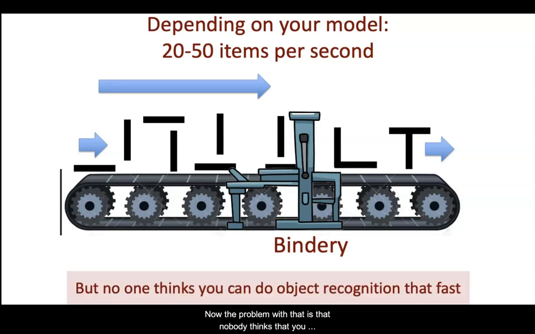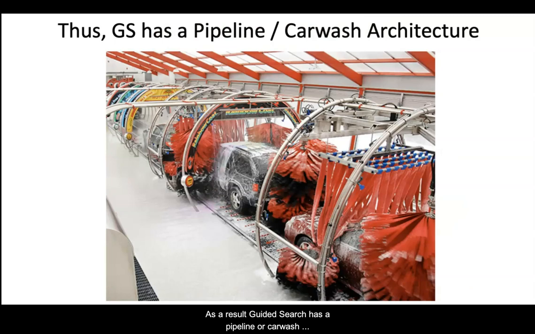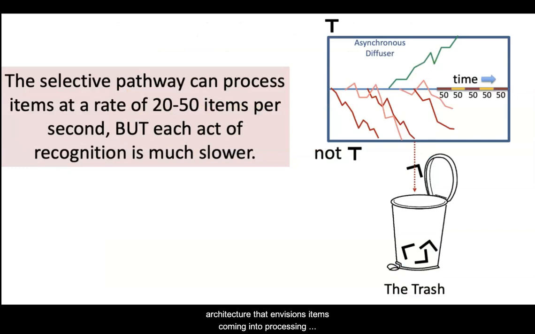Now, the problem with that is that nobody thinks that you can do object recognition that fast. Estimates are at least 100, 150 milliseconds per item for object recognition. As a result, guided search has a pipeline or car wash architecture that envisions items coming into processing every 50 milliseconds or so and accumulating information in something like a diffuser of the Ratcliffe variety,